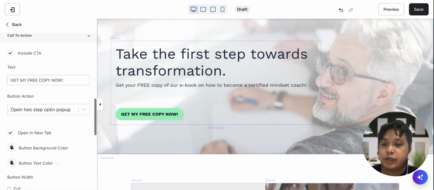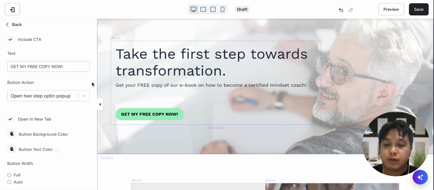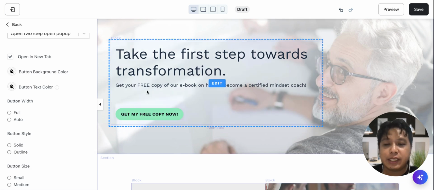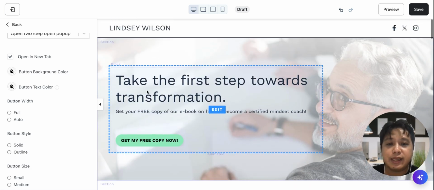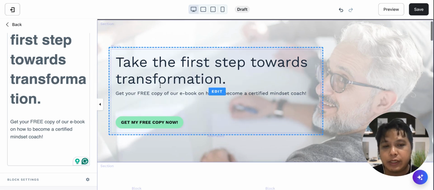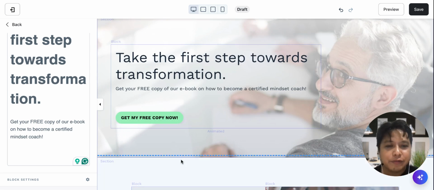Or you know what? I think what I'm going to do is just drive them to the email capture later. So let's say I'm just going to put that open two-step opt-in pop-up for now, but I'm going to change this later. Just to also clarify, everybody, when you do this, say for example, you want to configure the look